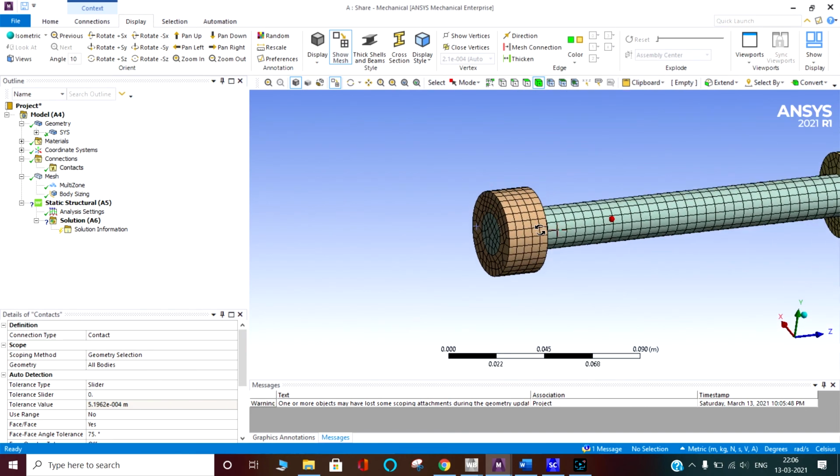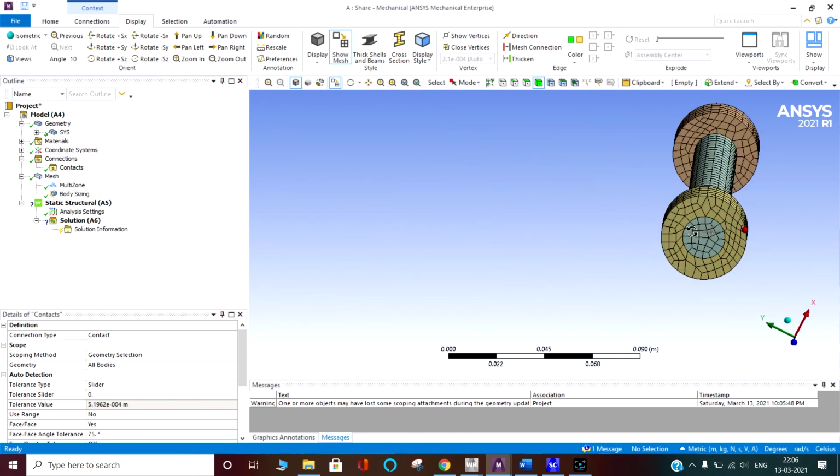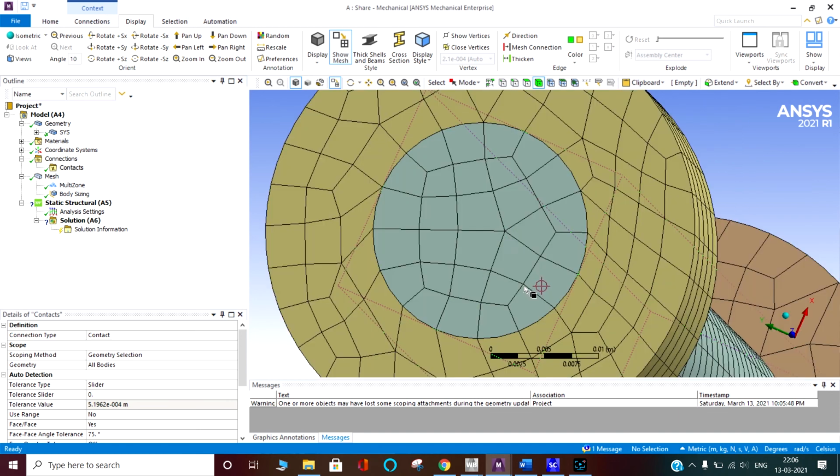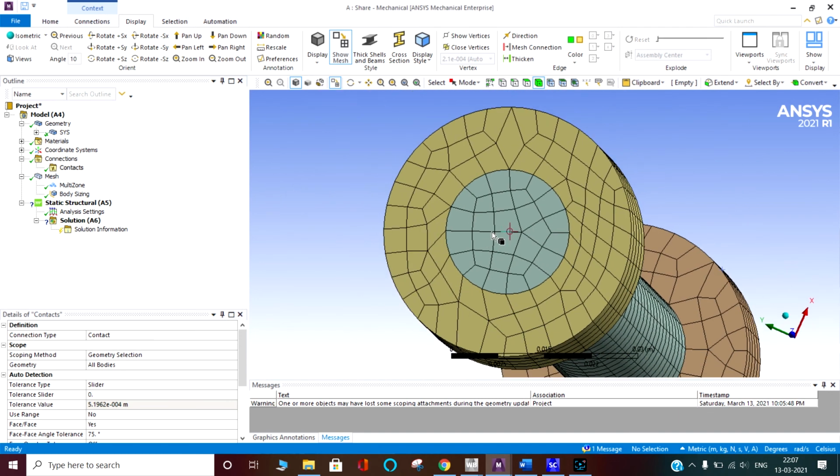So like this, we can use the shared topology whenever we have situations like this, where we can say that this body is not having relative motions, or this is having very little deformation in comparison to the other, where we are sure that there is no relative motion. Main thing is like that.